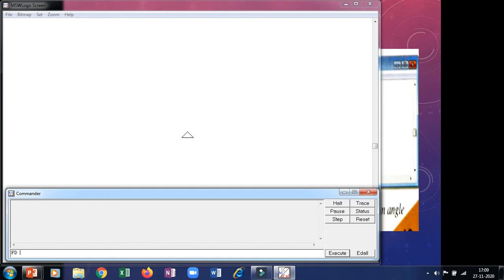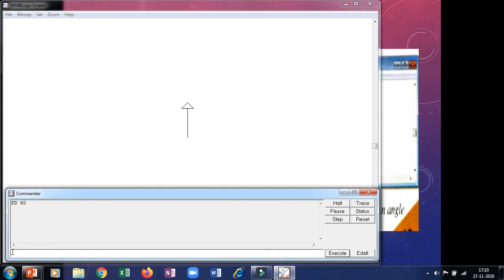So to write the command, after that we have to leave a space and write the number of steps. For example, if you want to make the turtle walk 80 steps, just write 80. Between the command and the number of steps, the space is very important, otherwise the turtle will not understand. So press the enter key. See, as soon as we press enter, the command is kept over here in the recall list box and the turtle has worked on that command.